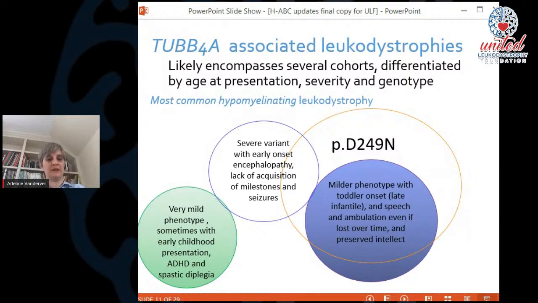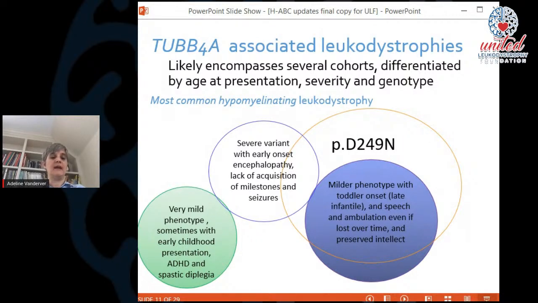But in addition to those patients, there are also 2 other groups. One is a group of patients who tends to present before 1 year of age, with much more significant problems with their development. These children may have significant hypotonia, difficulty with head control, and significant movement episodes, even sometimes being confused with seizures or even sometimes having seizures. These children often don't gain the ability to sit or stand or use their legs for walking, either supported